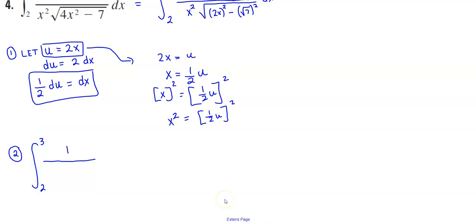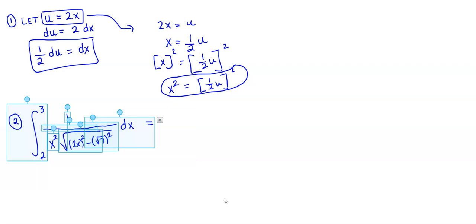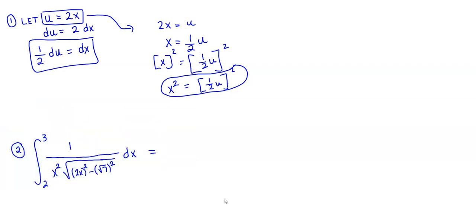Right, so we know that we have 1 over x squared times the radical 2x squared minus the square root of 7 squared dx. And let's go ahead and use our substitution. So using our substitution, we're going to get the following. Okay, we know that we have 1 over, well, we know that x squared is equal to 1/2